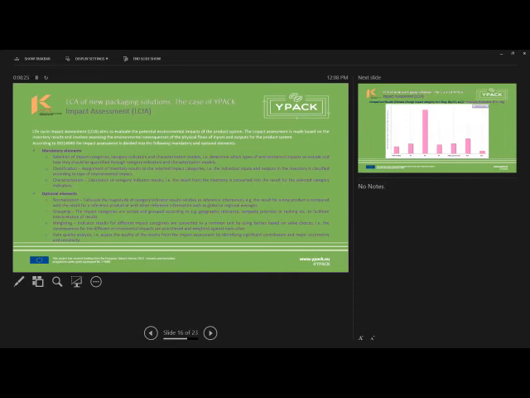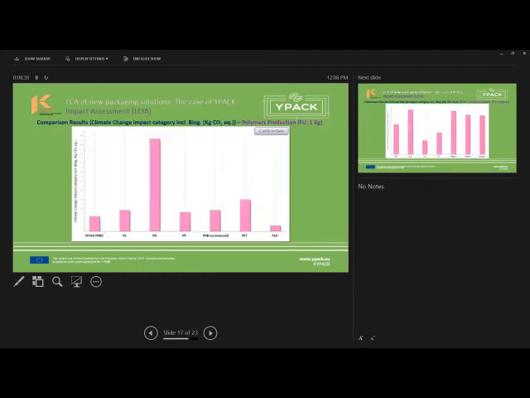Impact assessment also follows the ISO 14040, and according to this, we have mandatory and optional elements that now for our methodology give us these results. Here we can see the comparison results in the climate change impact category, including biogenics, for the polymer production. As you can see, YPACK PHBV presents similar or even lower values than the other polymers, fossil and bio-based, that are used to produce